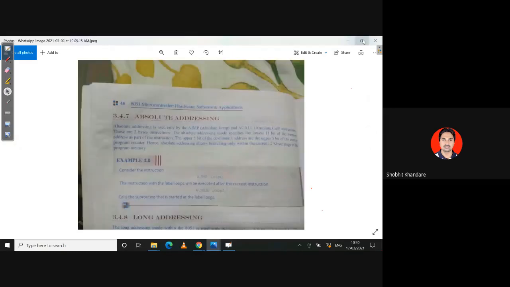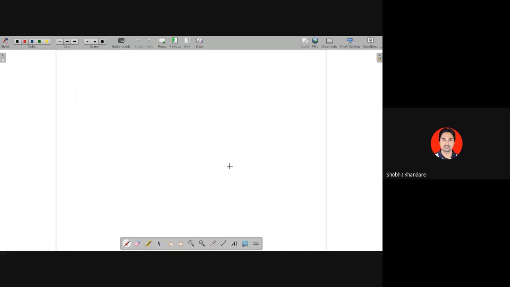Now in the direct addressing, write down: this mode allows us to access internal data memory, including SFR, special function register. Full stop.